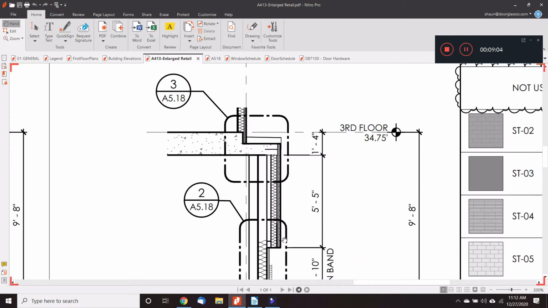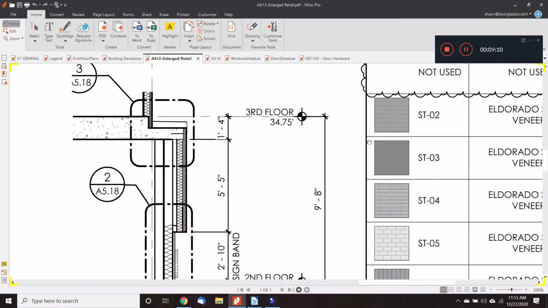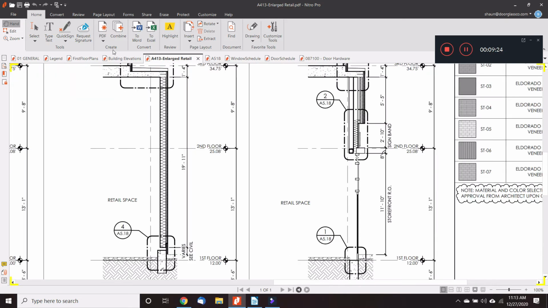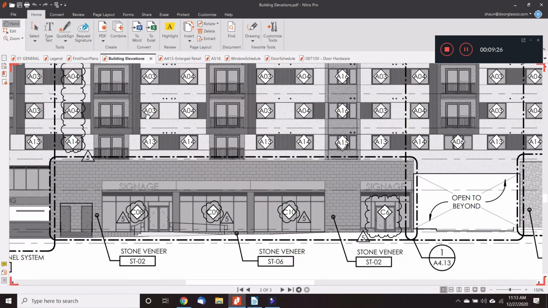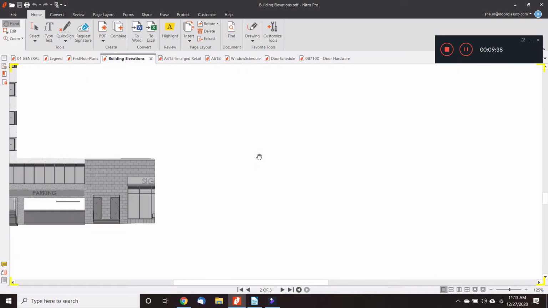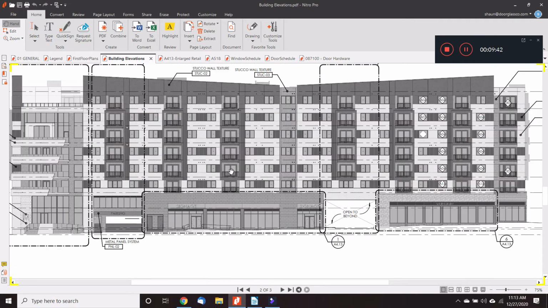And then we have the stone STO2 above the sign band. Our elevation drawings are linked to the floor plans with these elevation callout symbols. They tell us the drawing number in the sheet. When we refer to the drawing number in the sheet, we can see the elevation,